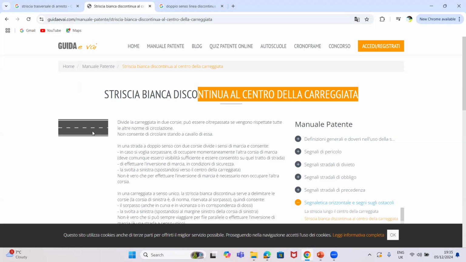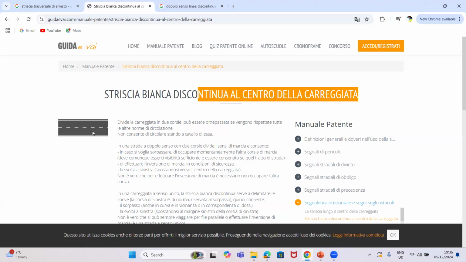They don't want to change it. That's how they just leave it like that. On the center of the carreggiata, they will leave this continuous line there, but people are driving there as doppio senso. Now, guys, in your patente, they will only ask you, I think, 2 or 3 questions. And the way they will ask you the questions, they will mention doppio senso. Is it clear? They will mention doppio senso.